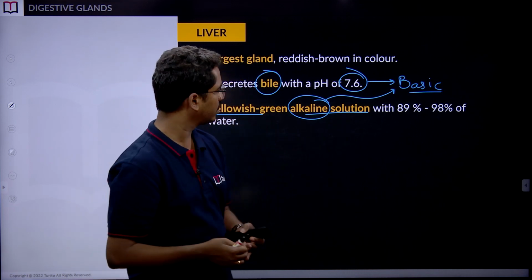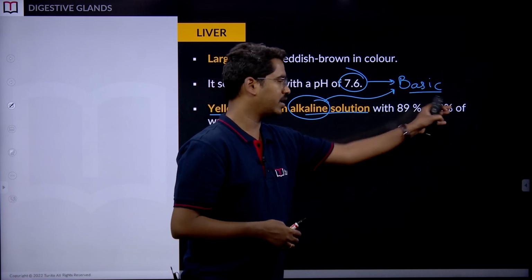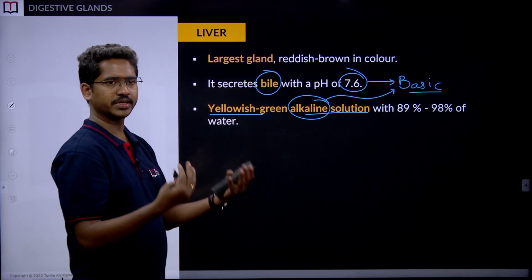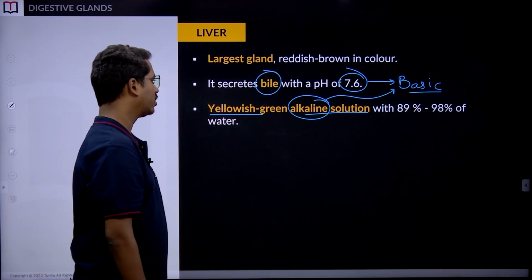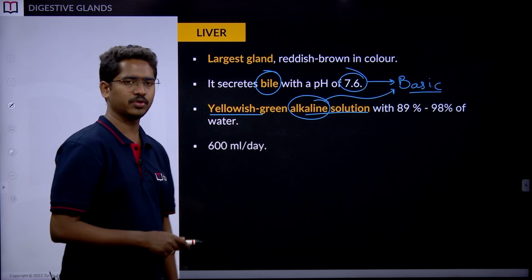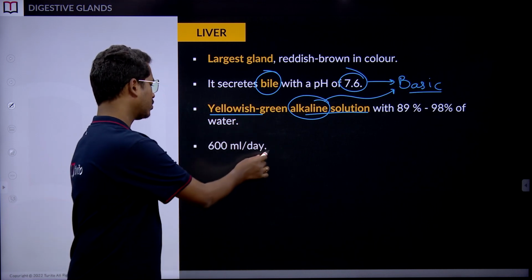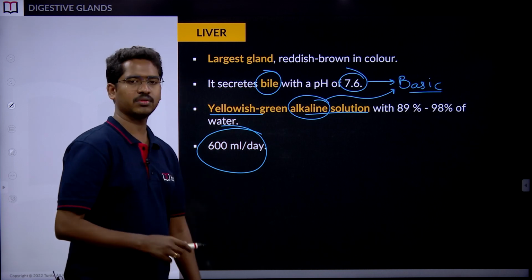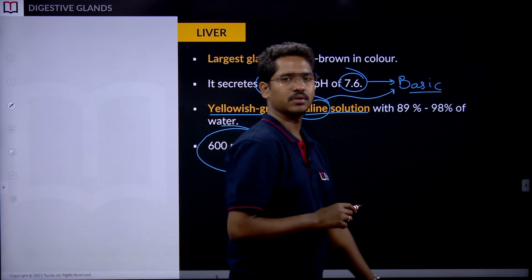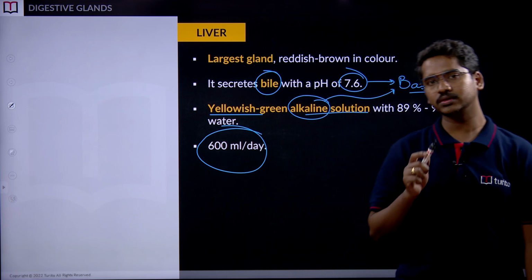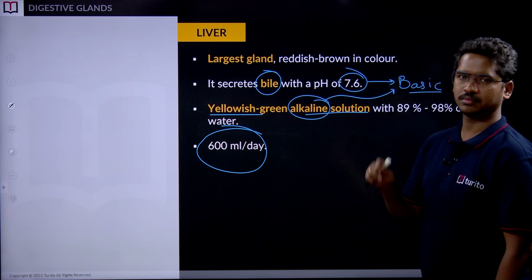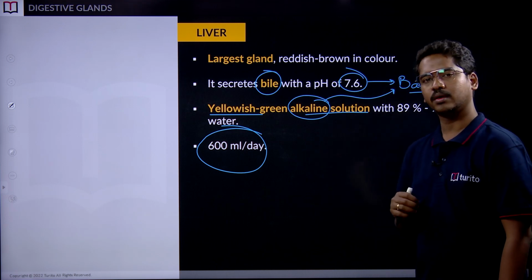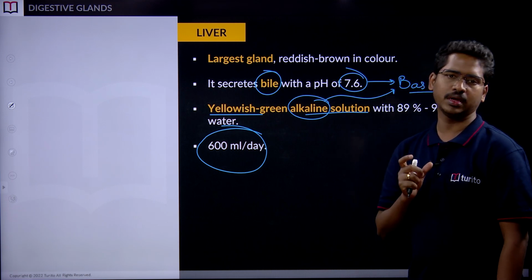water, you see that 89% to 98% of it is water. The presence of that yellowish and green color is due to the presence of so many things. So, per day we get 600 ml of bile released into the gallbladder, so that it helps in